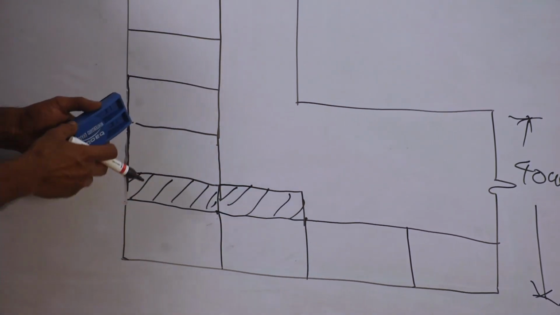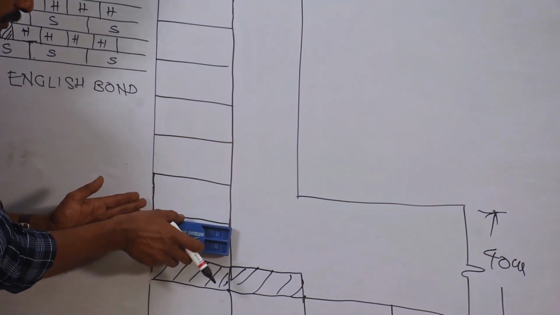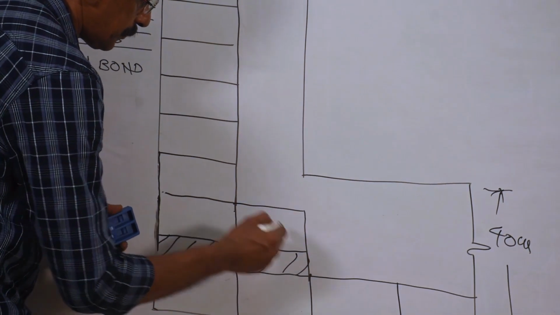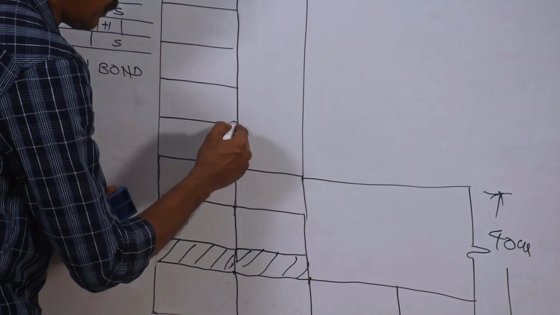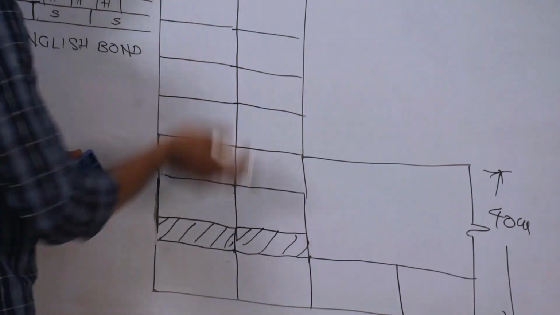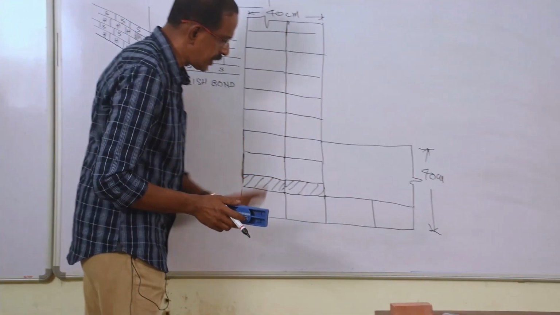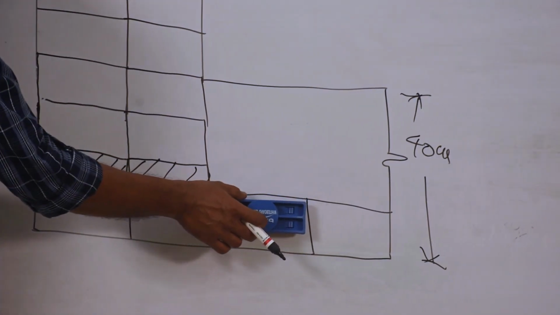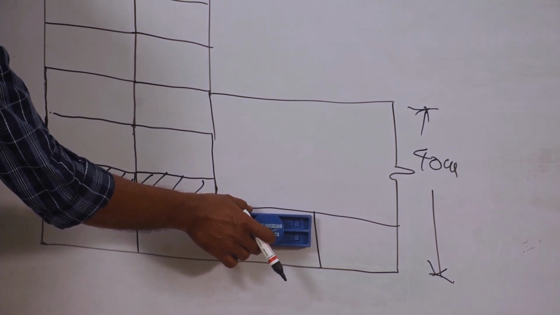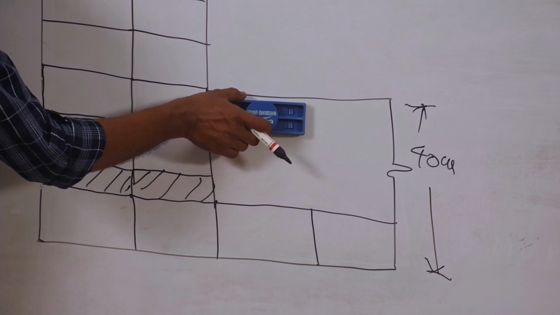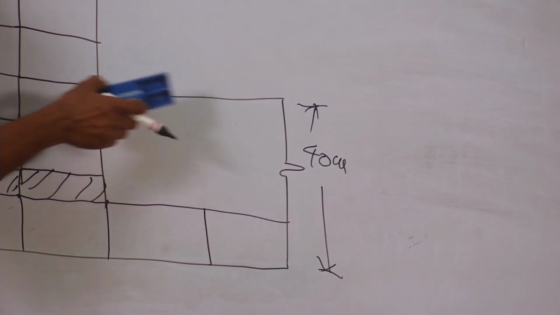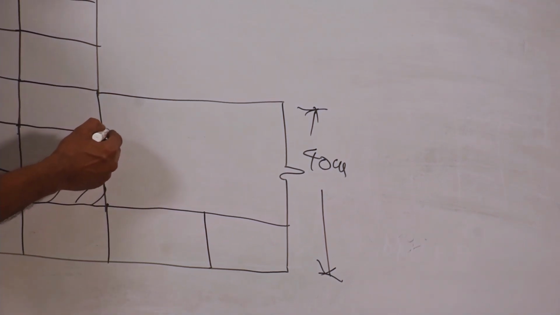Now, the remaining is very easy. You see, one brick is like this. How to make it 40? Keep one more brick here. Similarly here. That's all. So this is the arrangement in this direction. In this direction, how to make it 40? Already one brick is like this. So how to make it 40? Either you can keep 3 bricks like this, so it will become 40, or you can arrange 2 bricks like this and 1 brick like this. So that will be the best arrangement.